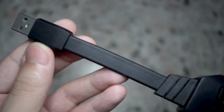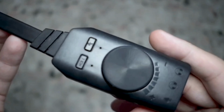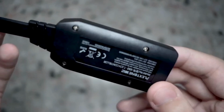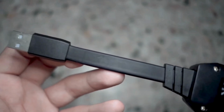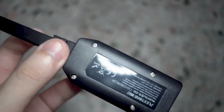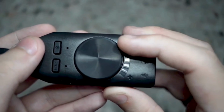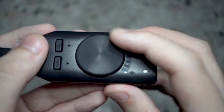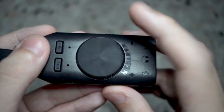Speaking of audio, the headset and microphone both use 3.5mm, which is very convenient to deliver audio, which makes it very dependable on your device audio. And for those of you who are on more budget systems or consoles that might not have the best internal audio, you might be getting some issues, most commonly noted noise, clarity, and power, which is where this Blackstone GS3 USB sound card will help you by processing all of the audio internally through the USB sound card and bypassing